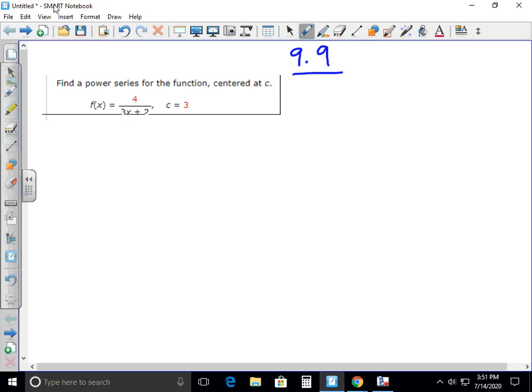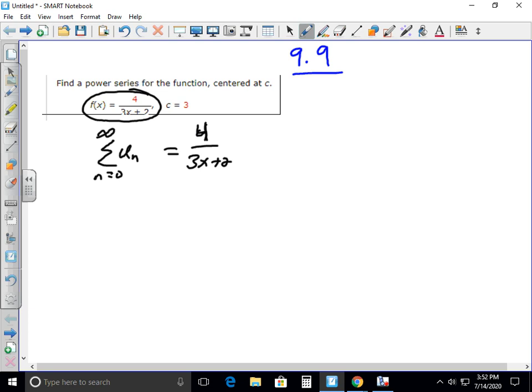In 9.9, we're going to be looking at power series. So we want to find a series such that when we add our series together, we get 4 over 3x plus 2. So we're going to have some sequence, and our sequence is going to have a variable, so we could call it u sub n instead of a sub n. And when we add all of the infinite amount of terms together, we want them to be equivalent to 4